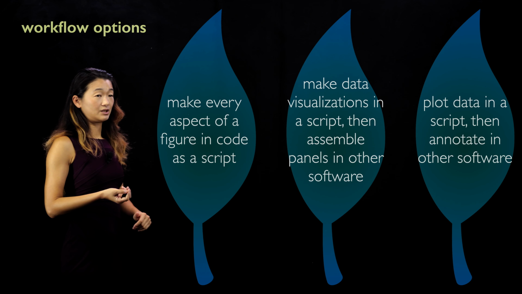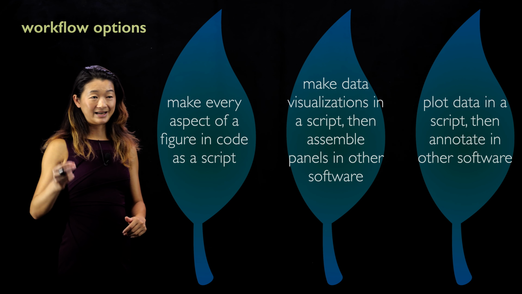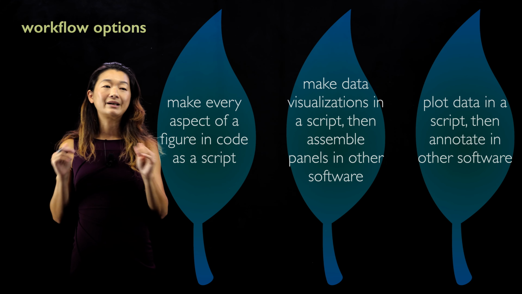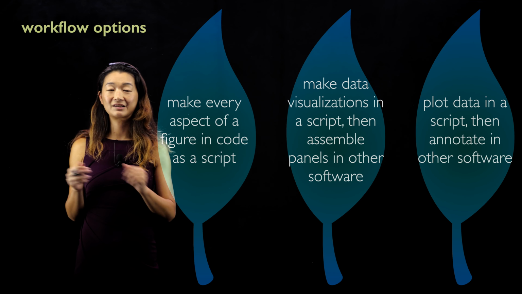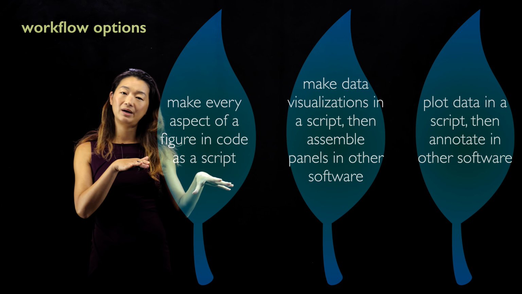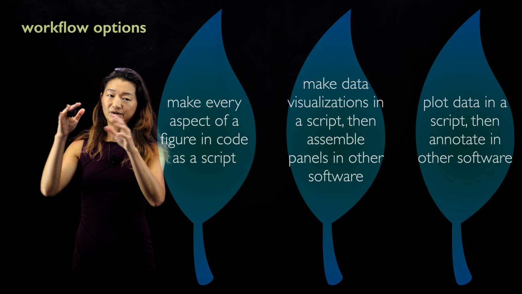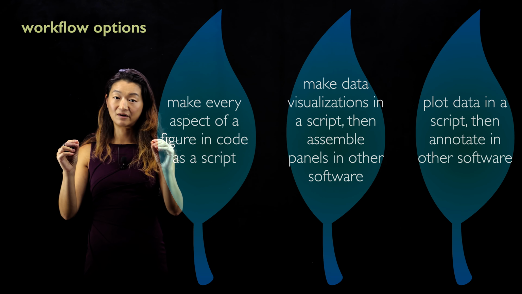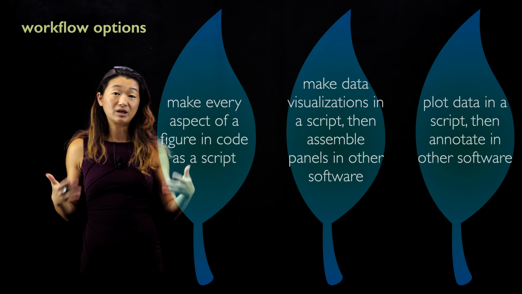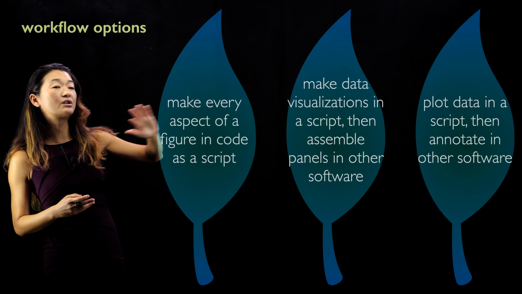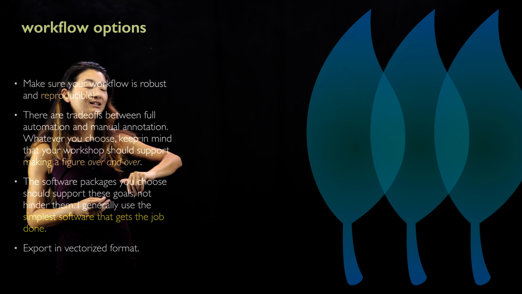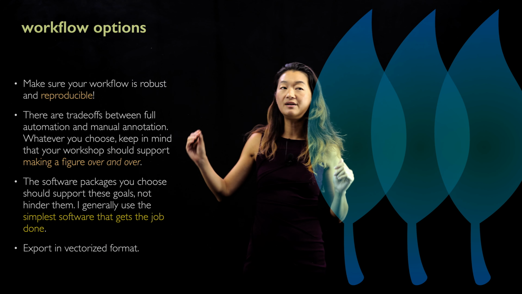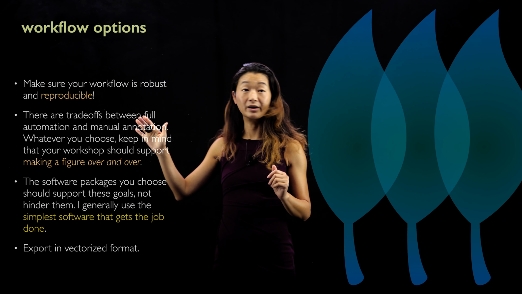There's another thing that you can do, which is just plot the data in a script. Just do the data visualization part in code, and then you can actually annotate it in other pieces of software. So that's another, a little more bespoke that way. Maybe you're only plotting the data points, but you're not even doing the labels, right? Maybe you're adding the axes labels in another piece of software, and that's something that you prefer because it works for you. So this is sort of in order of most automated to least automated, but there's nothing wrong with any of these different ways to do it